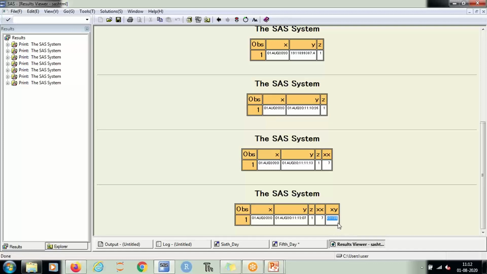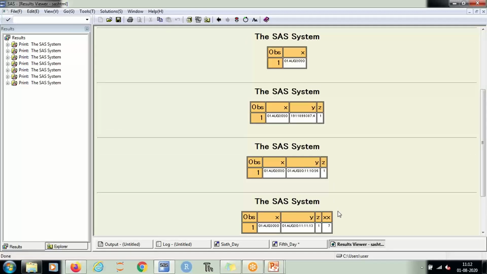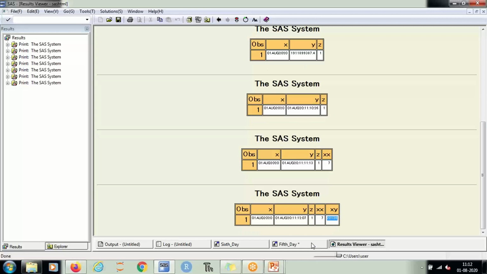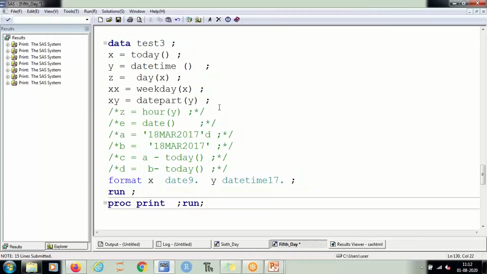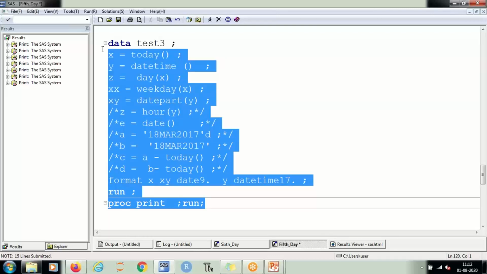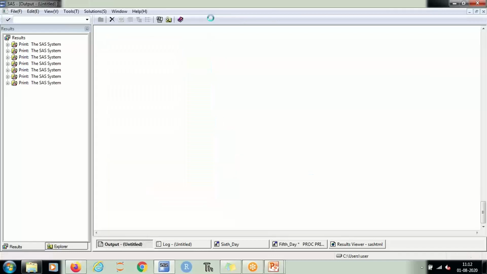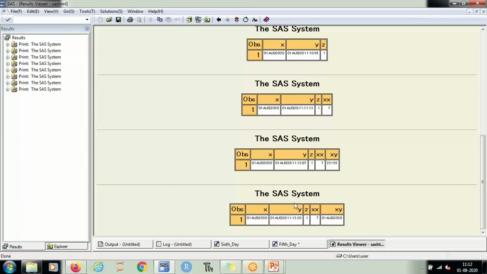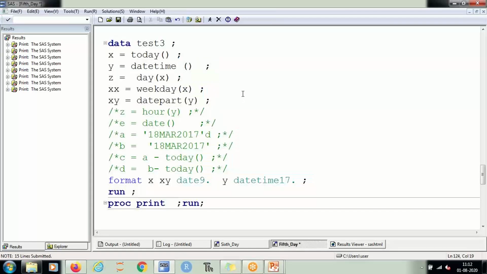22128. And if you want to change the format, you can put this number over here. All right. If you want to try at your end, please try.